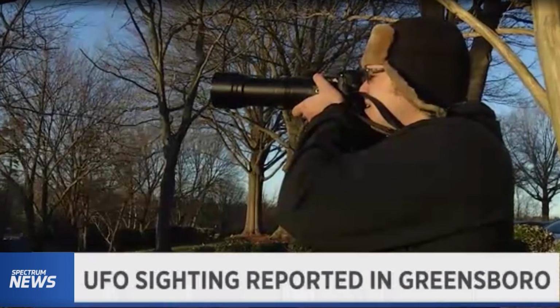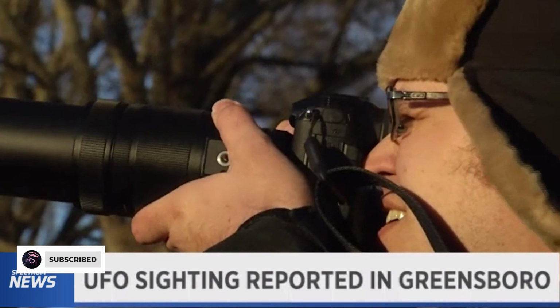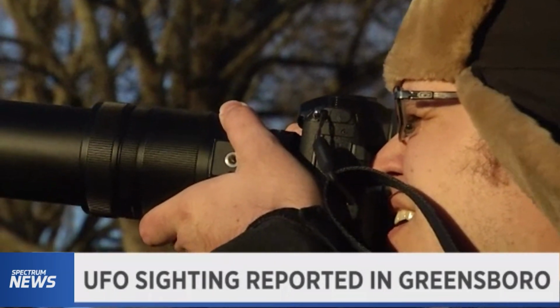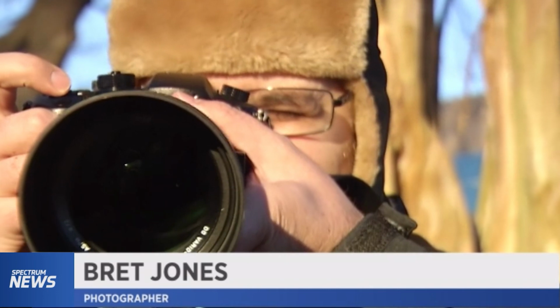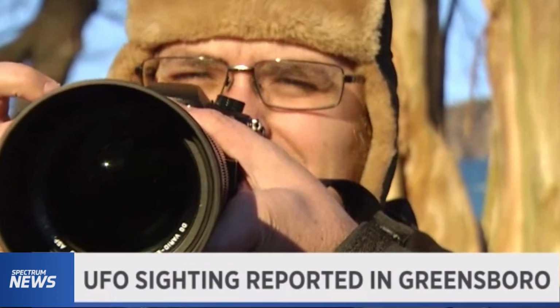During his spare time, Brett Jones enjoys snapping pictures of birds, but recently he was rolling on something a little out of the ordinary. I just saw this flash in the corner of my vision, and I look over and there's a plane, and then I saw the flash again, and it was kind of near it. I just started trying to capture it. Jones says he thinks he's seen unidentified flying objects before, but has never been able to get them on camera. Last Friday, just outside his home in Pleasant Garden, he didn't think he captured much, but when he went inside to look at the footage...